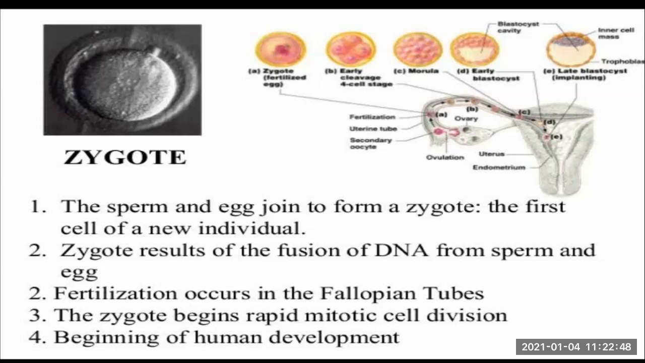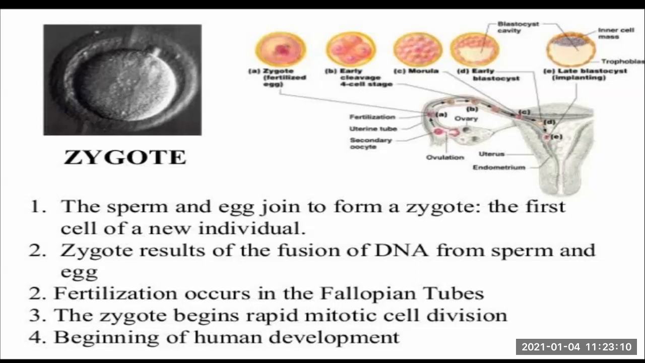Okay, we'll see what is zygote. The sperm and the egg join to form the zygote, the first cell of the new individual. Zygote results from the fusion of the DNA from the sperm and the egg. Fertilization occurs in the fallopian tube, and the zygote begins rapid mitotic cell division and the beginning of